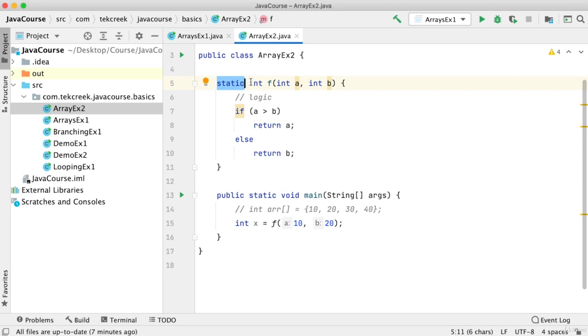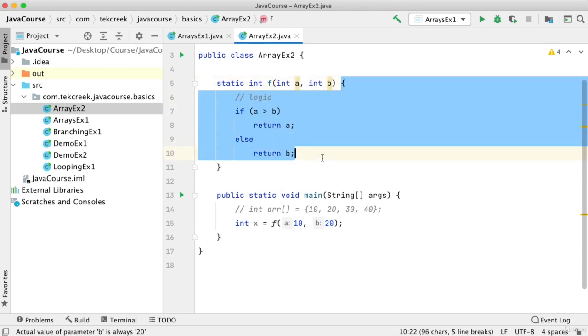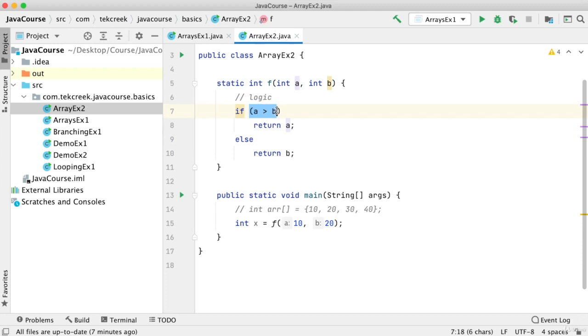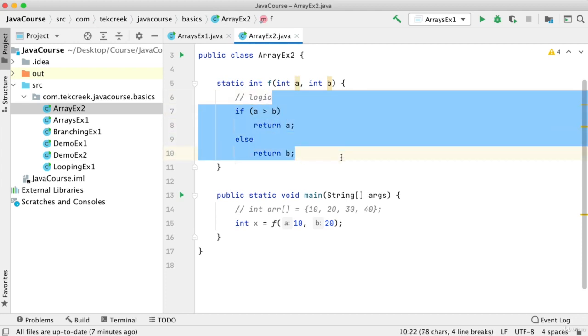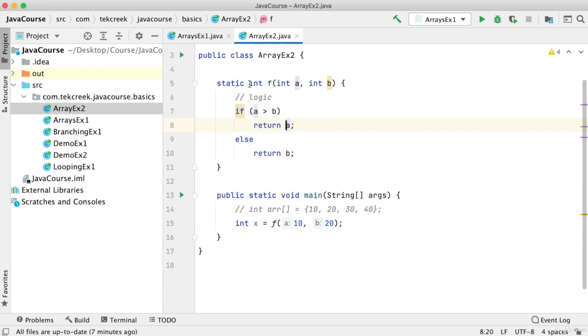But anyway, this is your function definition, f, which accepts two values. And the logic is, this is going to result in one value, which is whichever is the greater of the two. So this function logic is going to return that value. And the return value is indicated as an integer. So f returns something.